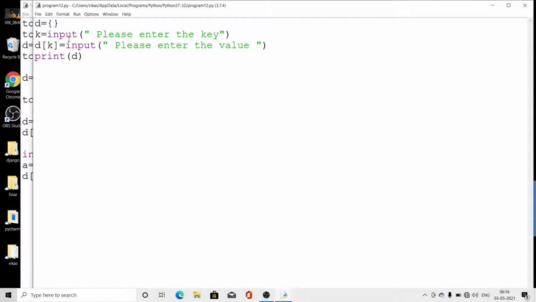I will take the input of the key, and then with the help of the dictionary in brackets I will write the key, and then I will take the values.